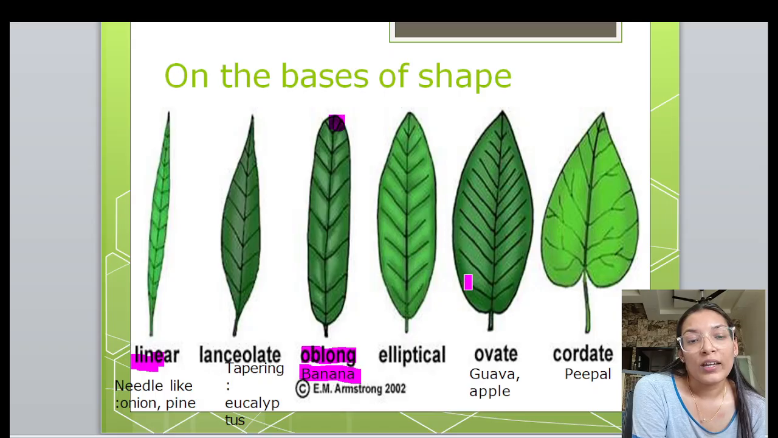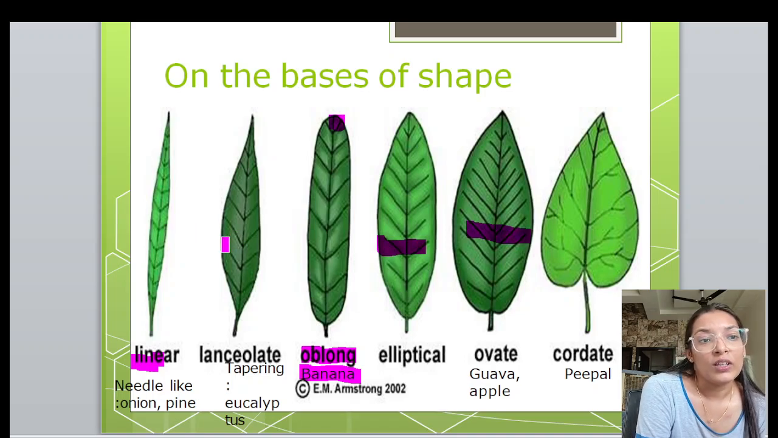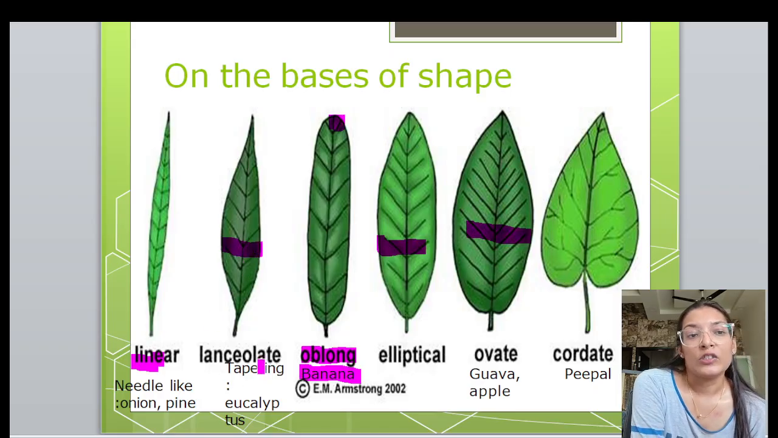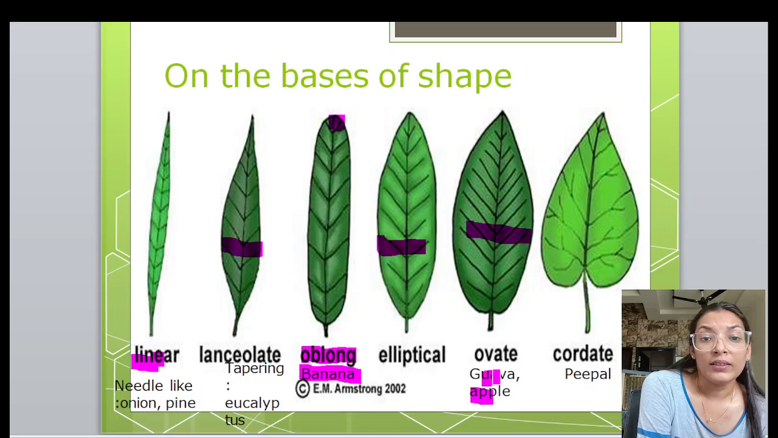And you can also see the difference between elliptical and ovate: the width is more in case of an ovate leaf. Here you can observe that the width is more as compared to elliptical, right? Then lanceolate leaf. In comparison to the linear leaf in terms of width, the width of the linear leaf is less as compared to the lanceolate leaf, and this type of leaf you observe in eucalyptus. All right, then you have the ovate leaf which is present in apple or guava,